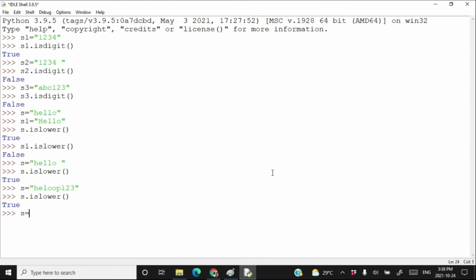Okay, if I write s is equal to just 123, s.islower is false. That means if even a single alphabet character appeared in the string and that character is in lowercase, then s.islower returns true, otherwise it returns false. Here in this case, none of the alphabet characters appeared in the string, therefore s.islower returns false.